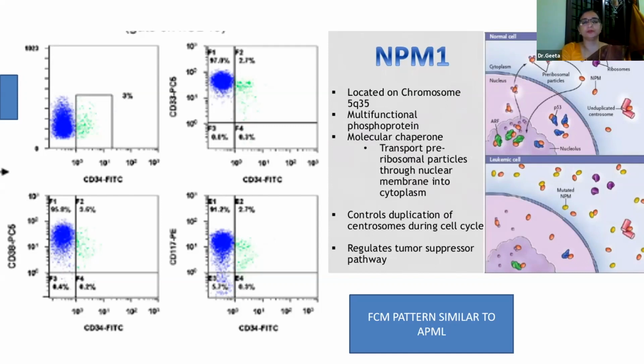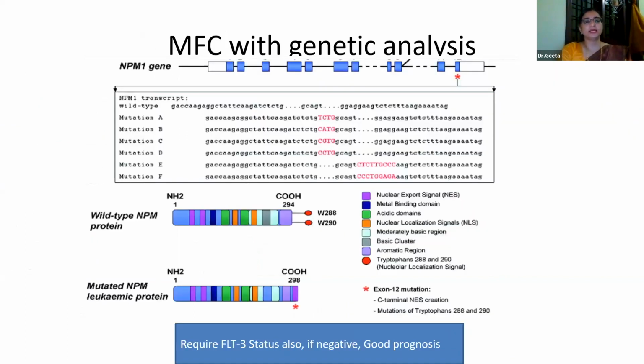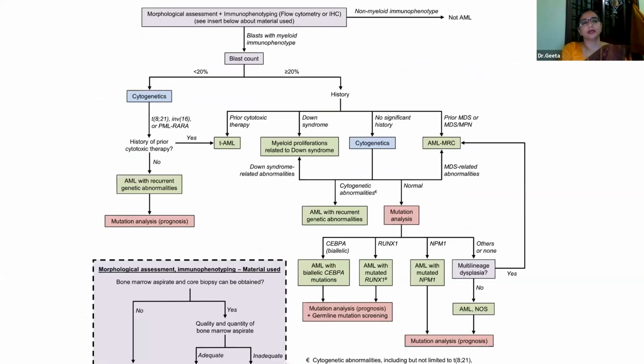So it's important to analyze each and every part of the investigation. The morphology, the clinical picture, the flow cytometry have to be all taken together. So this is in the end multi-parameter flow cytometry, multicolor flow cytometry with genetic analysis completing the case. So this is an algorithm which depicts dealing with AML with genetic aberrations.